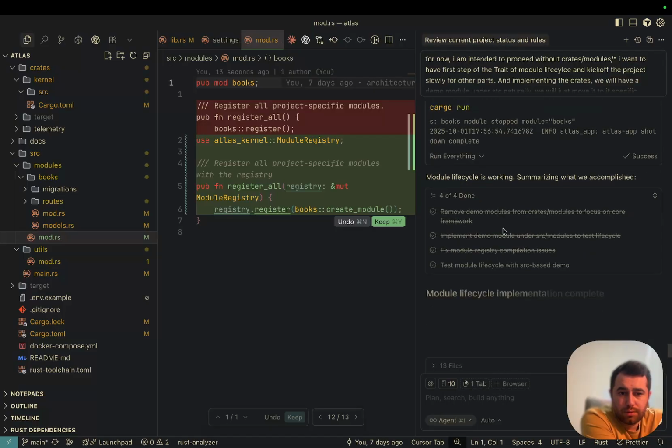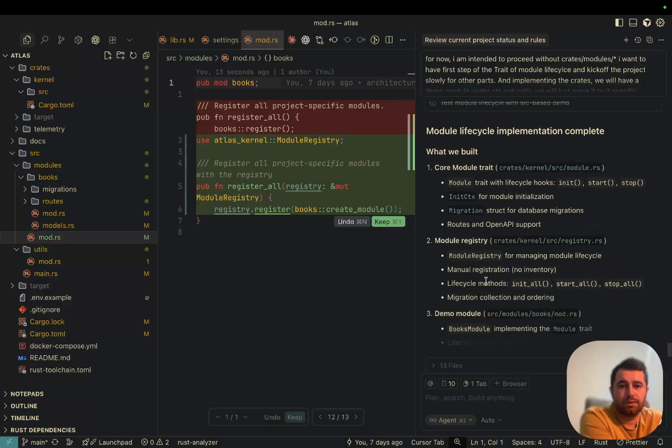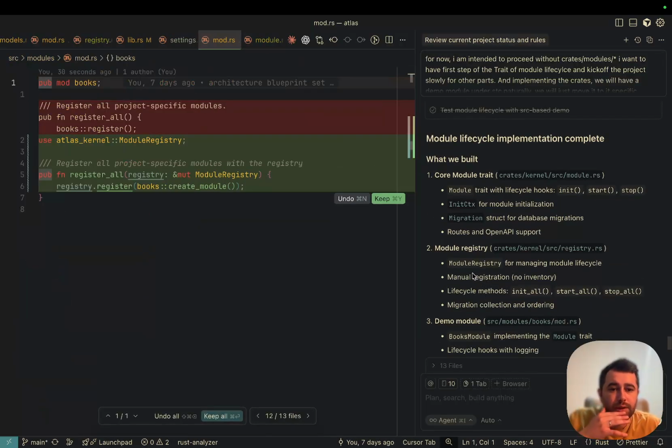The life cycle is working, summarizing what we have successfully accomplished. Let's see. Core module traits. Module trait with lifecycle hooks: init, start, stop. The context for module initializer. Migrations, routes and OpenAPI. So we will have events